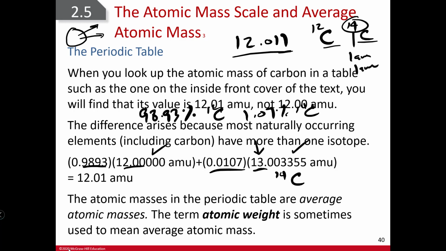So if I take this decimal form of relative abundance and I multiply it by the mass of the isotope for carbon-12, do the same thing for carbon-14, and I add those together, I get the average atomic mass that we see on the periodic table to 4 significant figures. So that's where these numbers come from. And the more digits you see after the decimal, the more precise we know the isotopes and how much they occur in nature. For things like lead, that is,